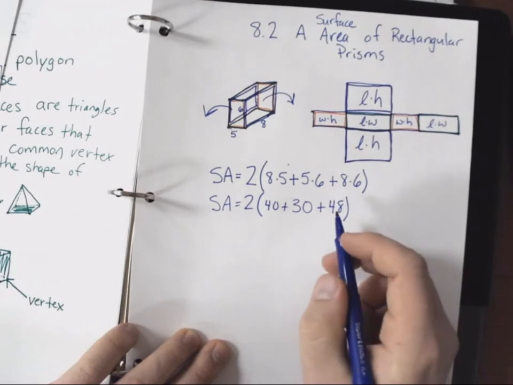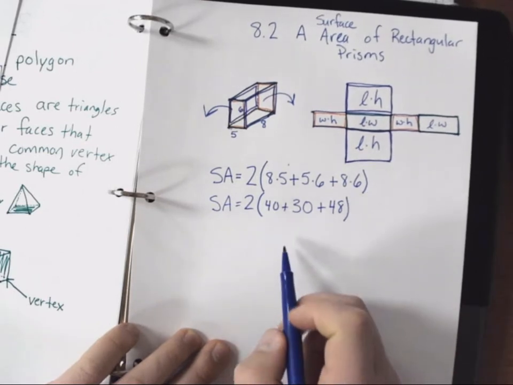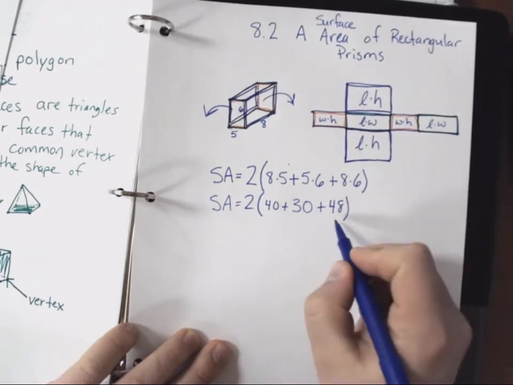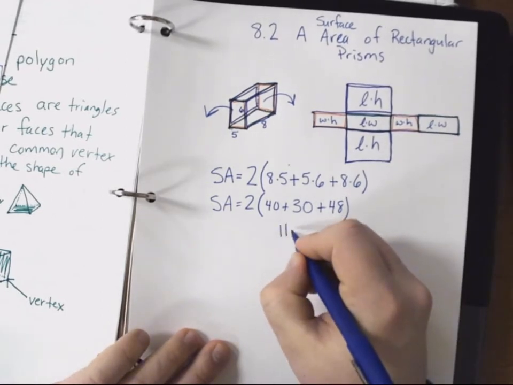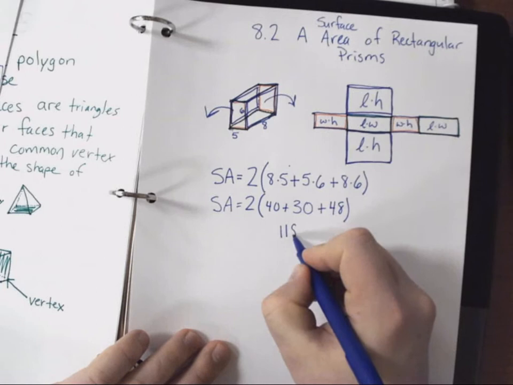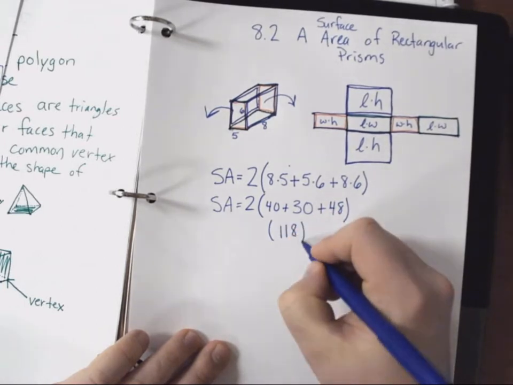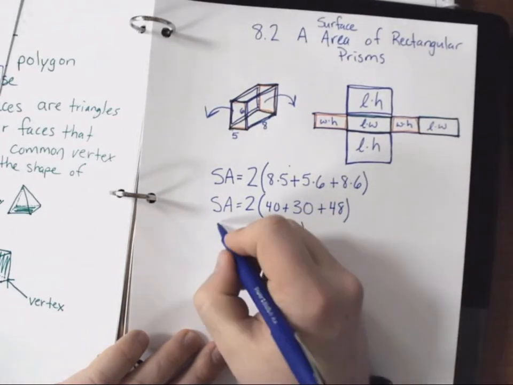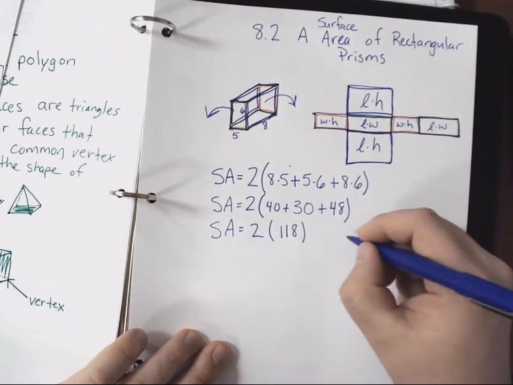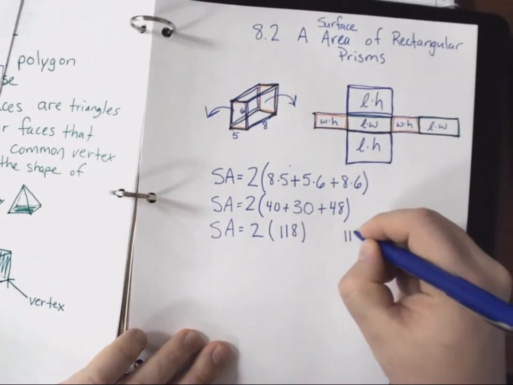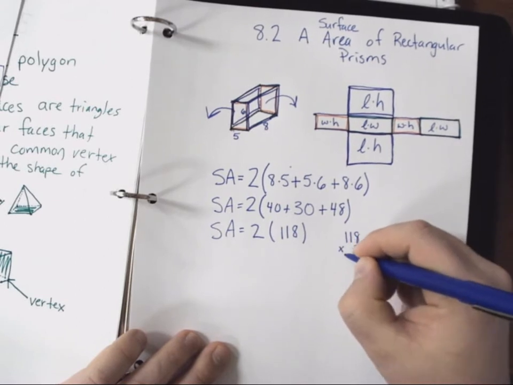Let's add all those pieces together. 40 plus 30 is 70, plus 48 would be 118. Times 2, so surface area equals 118 times 2. Well, let's do that math. 118 times 2 would give us,